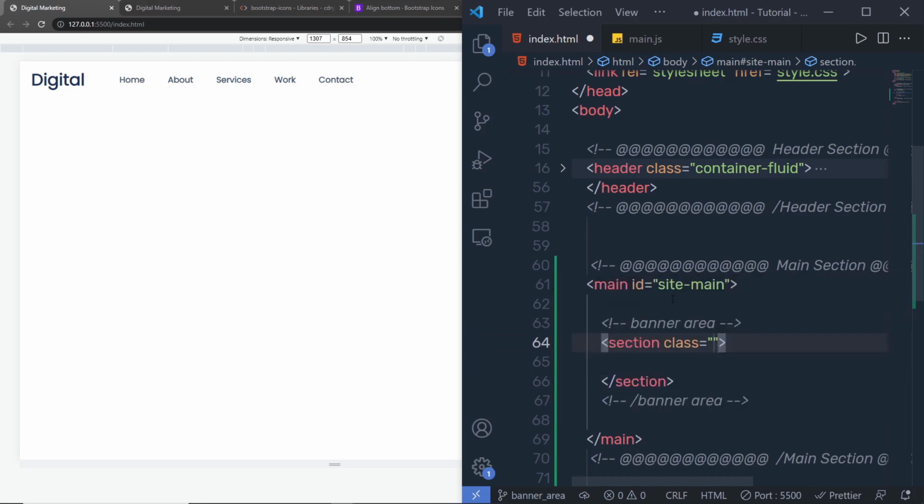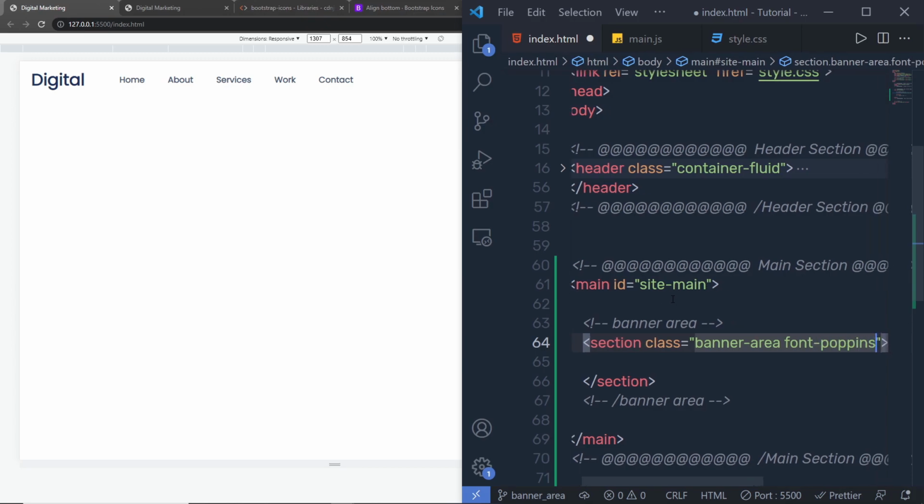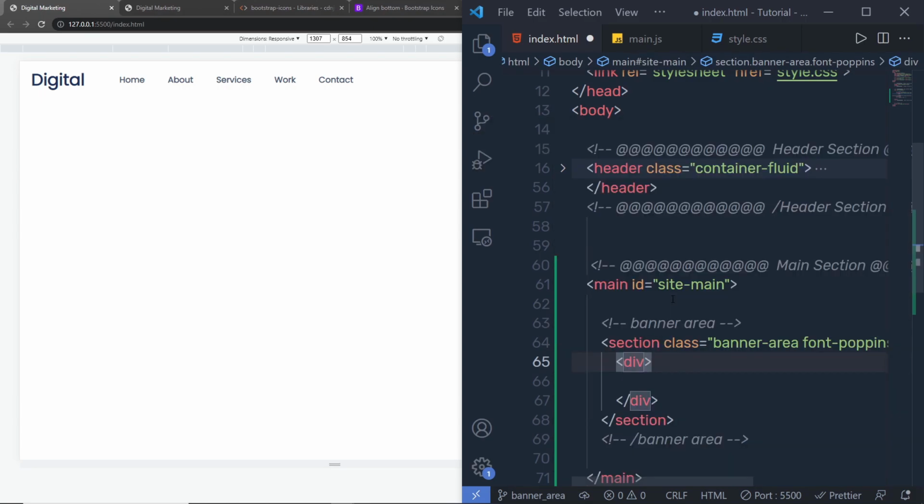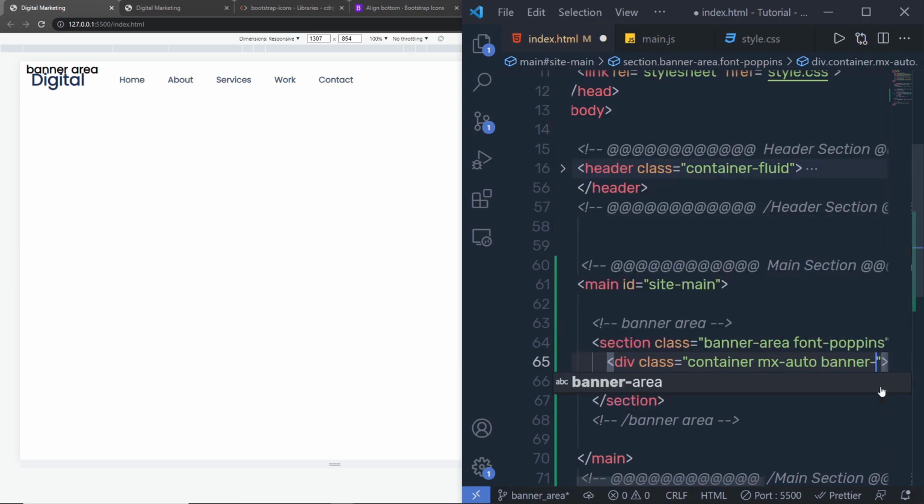So I'm going to specify class banner area. This is my custom class, and then I'm going to specify font Poppins. This is the font family global class. Inside this banner area I'm going to create a division tag, and to this div I'm going to specify some classes. So I'm going to first specify container, then specify mx-auto. Now this mx-auto global class allows us to center the content,